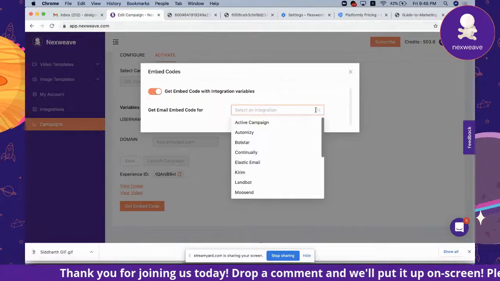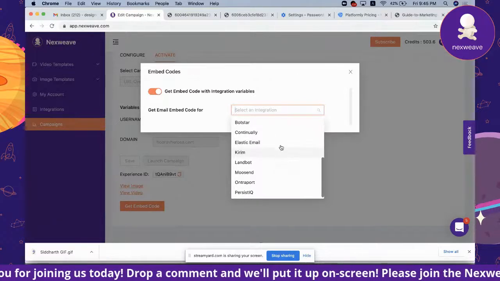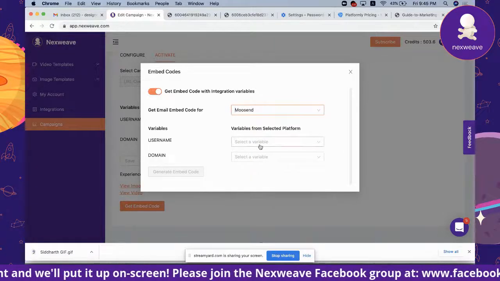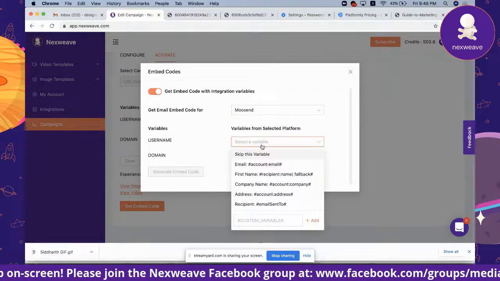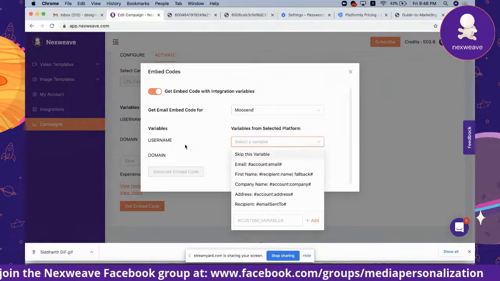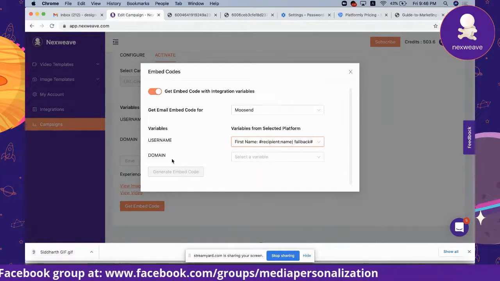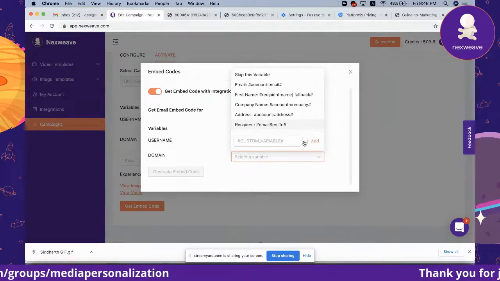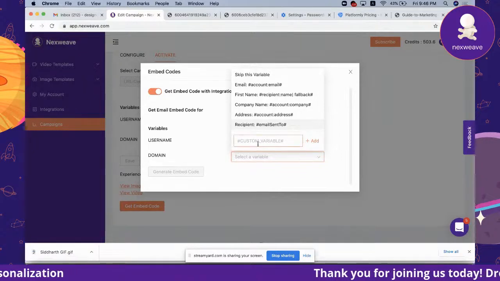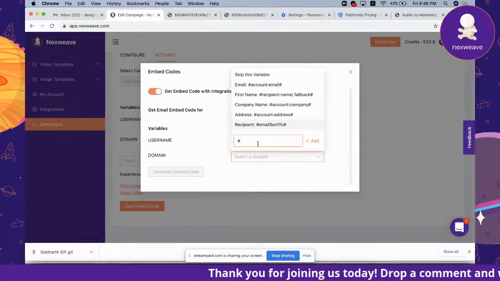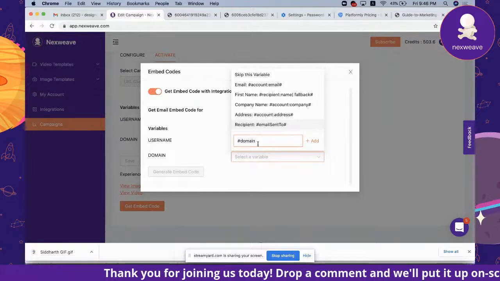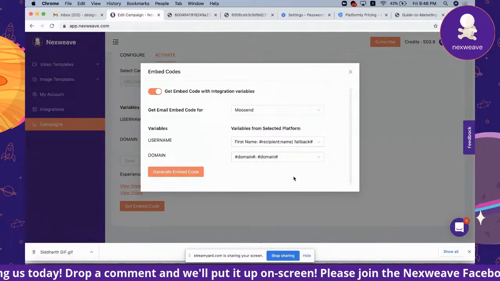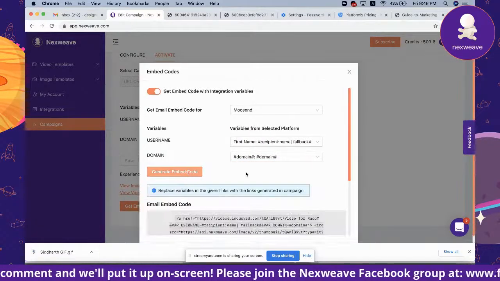So we've started with 10 platforms right now. So let's say I want to get the embed code for Moosen. It's going to give me the option to select variables which come in from Moosen itself. So let's say if I need the username to be mapped to the first name and I want domain to be mapped to the domain. And if domain is not a variable over there, you can quickly add one by following the same format. So you can define that, I'll probably call domain this way. Click on add